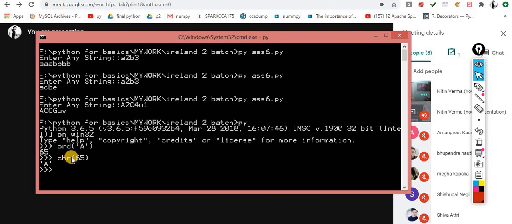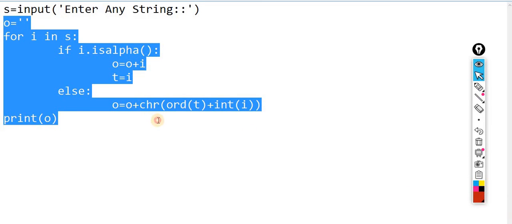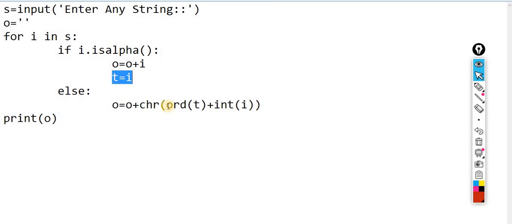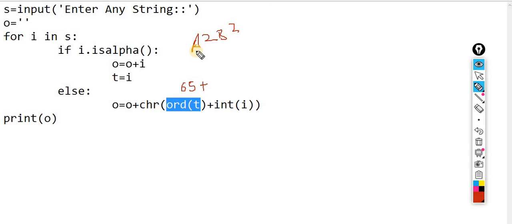So I implement both of the things over here. Very simple way. The previous value I found, the order. Let's suppose A is there, I found the order 65, plus the integer, I know that's A2. A2 B2. If I take the same scenario, 65, now the integer will become 2. So it becomes 67.